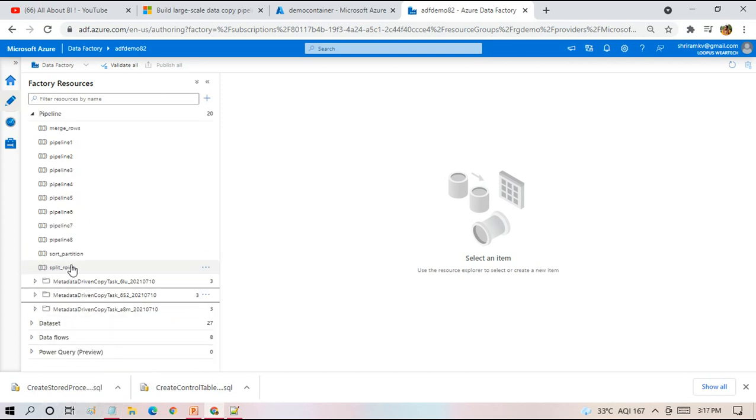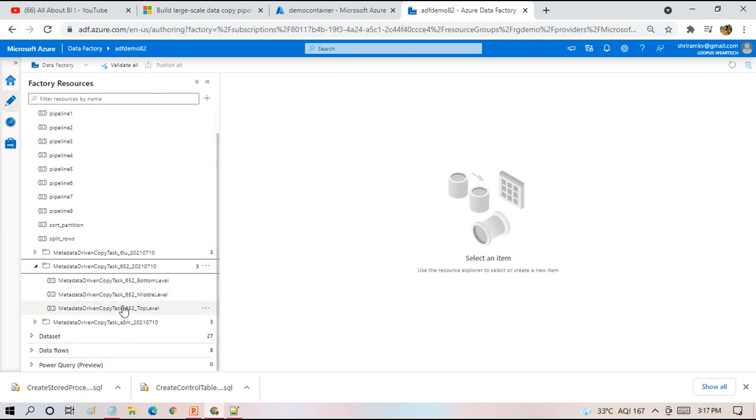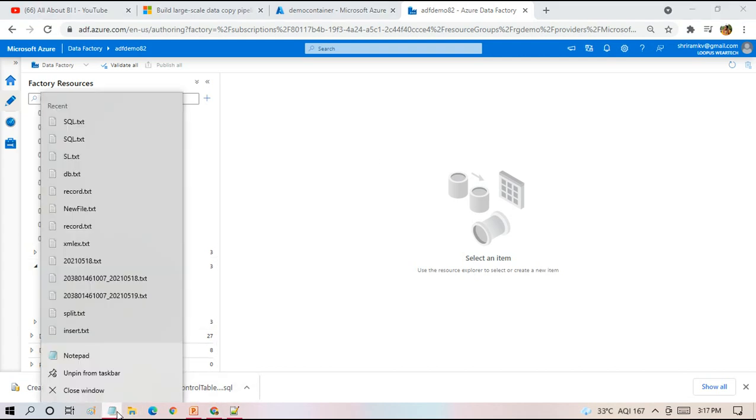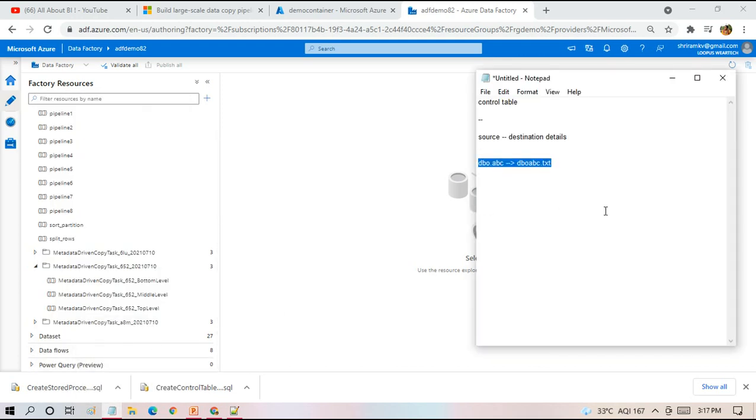Okay, you will have a folder, and inside that folder you will have 3 different pipelines. You can see that we have a top level pipeline, middle level pipeline, and bottom level pipeline. Why these 3 pipelines are required is, if you have lots and lots of tables to be copied, we cannot do all the table load in one shot.